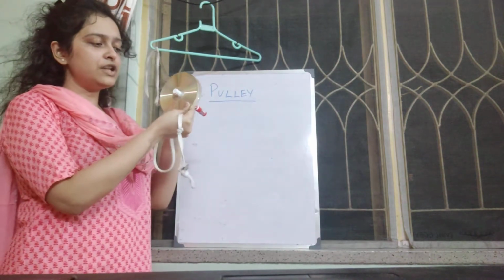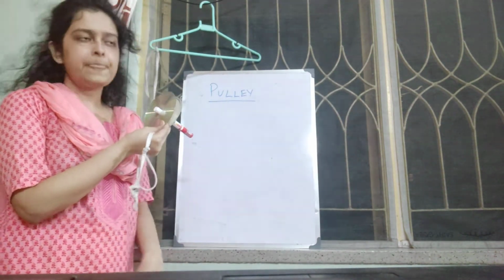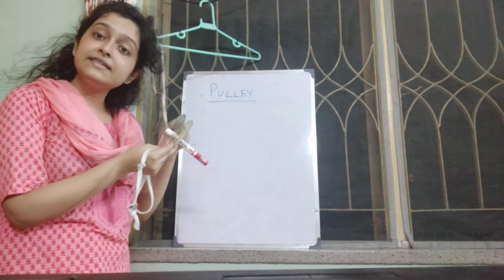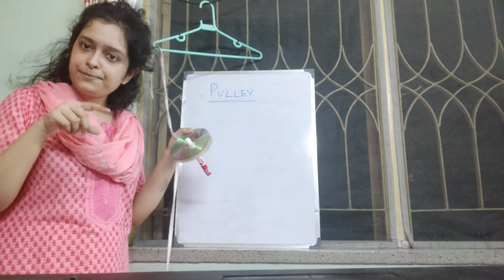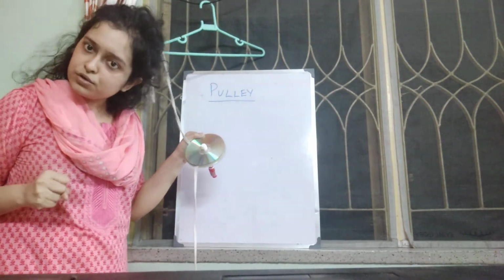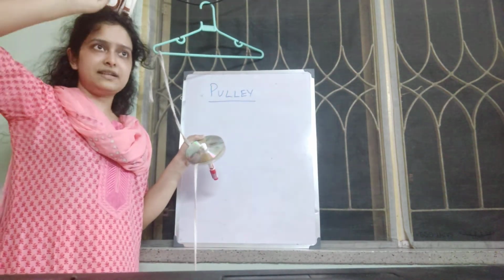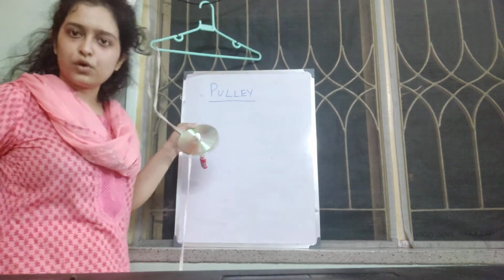The axis of rotation was fixed, wasn't it? It was not moving up and down, right? In that case, what have we seen? One end of the rope is tied, and the other end is left free. Another end is tied to the load, and the pulley itself is attached with the help of a hook to some fixed support.